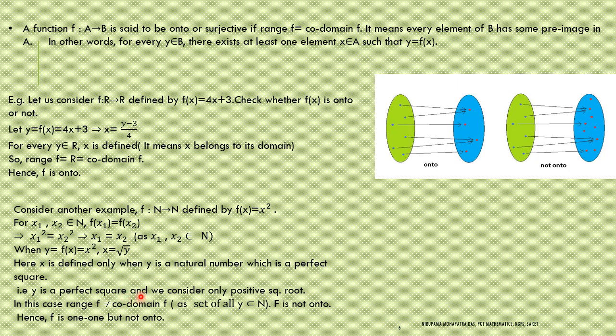So it means we are considering a part of the natural numbers. We are not taking any natural number. For example, if you write y equal to 3, you can't have x as a natural number here, no? So that's why the set of all y here is a proper subset of the set of natural numbers. It can't be equal to the set of natural numbers. So here the range of the function is a proper subset of the codomain set basically. Okay, so f is not onto.